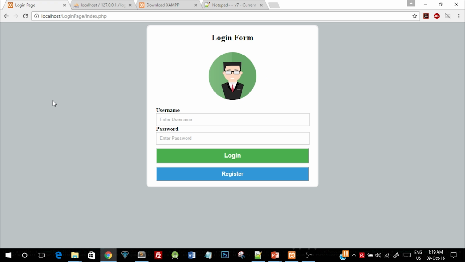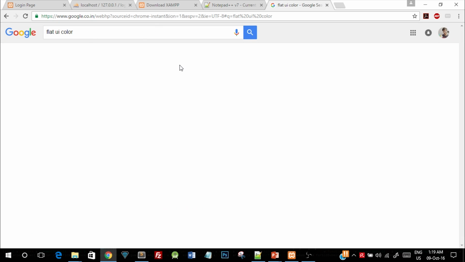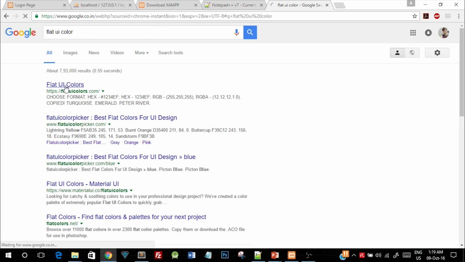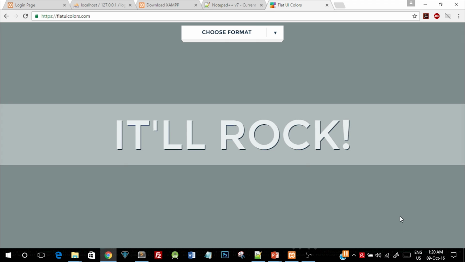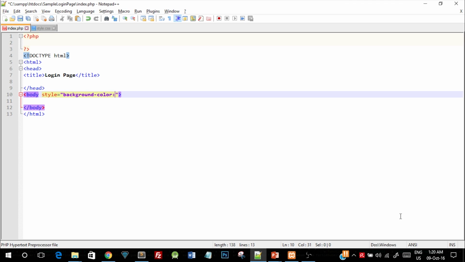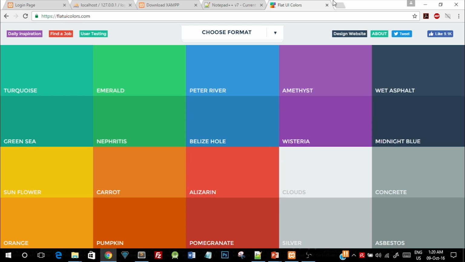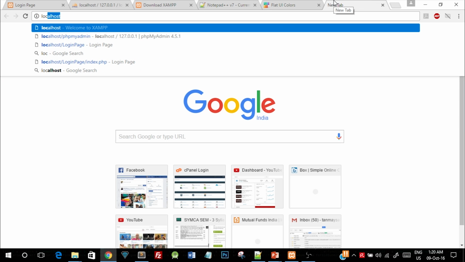So let me just get a color code online. There's a nice website known as Flat UI Colors where you can get good flat colors, and you just have to click on the color and the color code is copied to the clipboard, and then I just have to paste it over here. So let me just save this file index.php